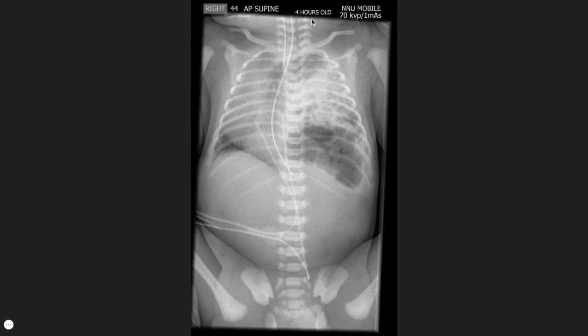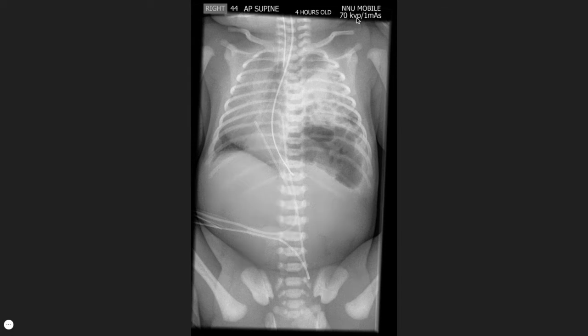Pause the video. This is an abnormality that I talked about during the main slides, but I did not show an image. You should be able to start to work this one out if you go through your basic principles. We would normally start with patient details, which have been withheld. This is an AP supine view of the chest and abdomen,